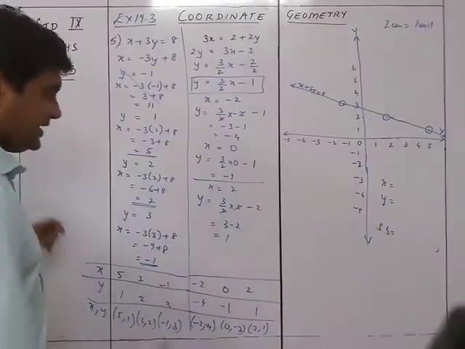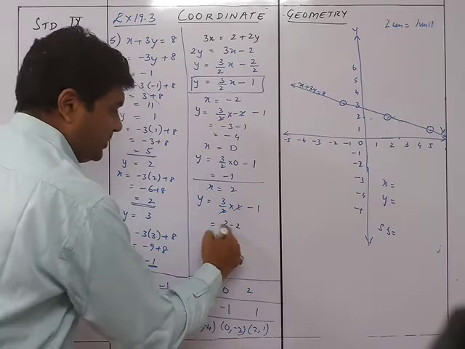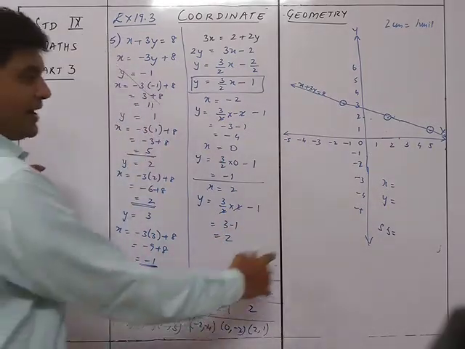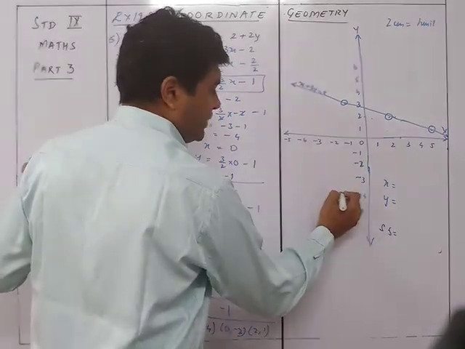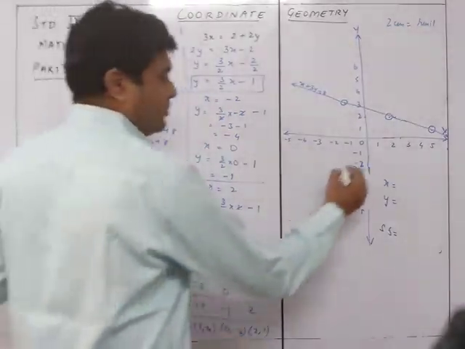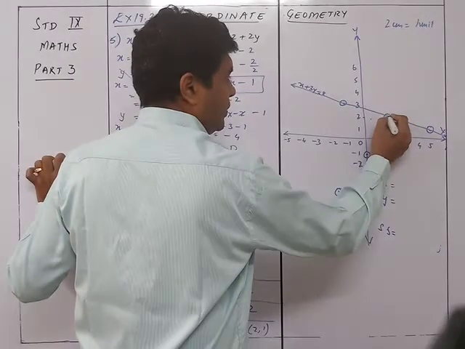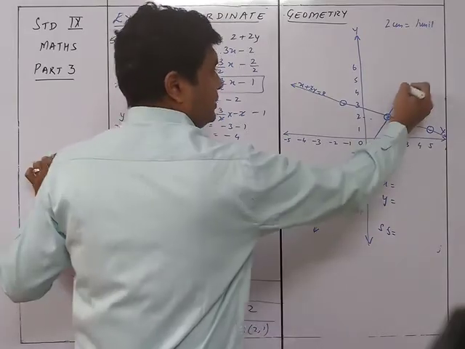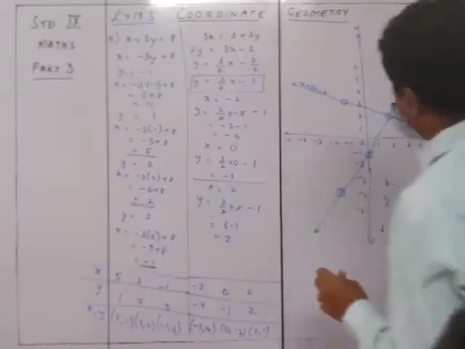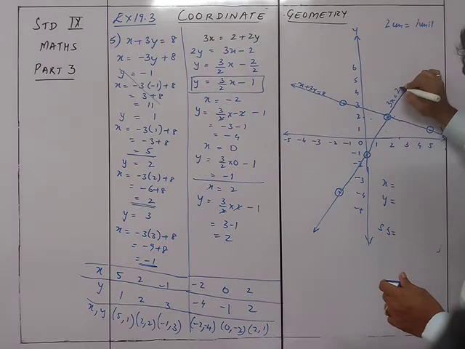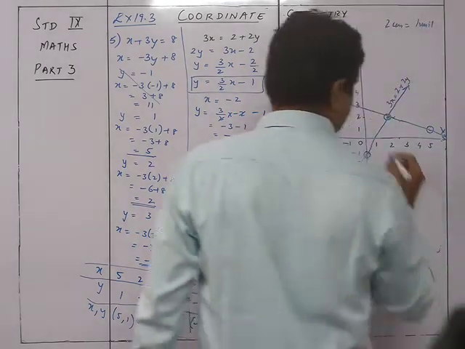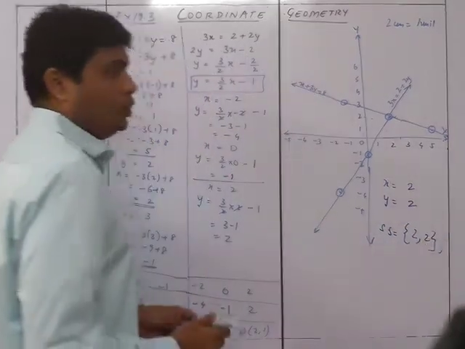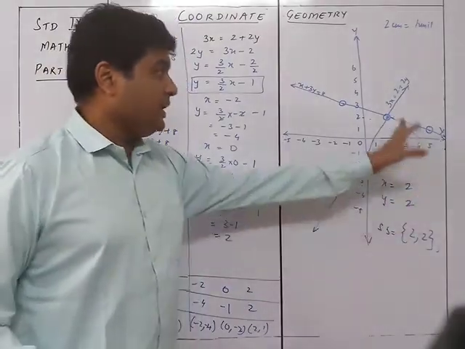Okay, so I can see that here also it is minus 1. So 3 minus 1 will be 2. So it will be 2 comma 2. Minus 2, minus 4 was correct. It is over here. The 0 comma minus 1 will be over here. And the 2 comma 2 will be over here. So the line will be like this. So this is the line which represents the equation 3x is equals to 2 plus 2y. And the solution set over here is x is 2, y is 2, and the solution is 2 comma 2. So this is the thing.